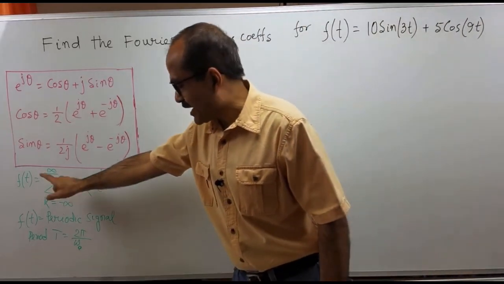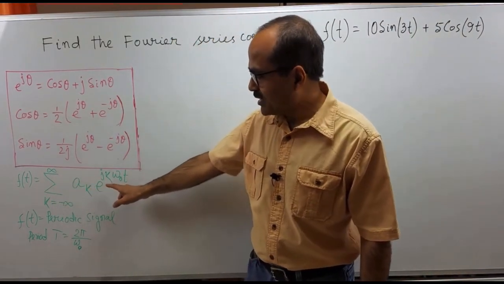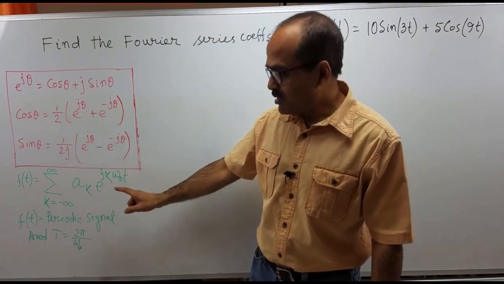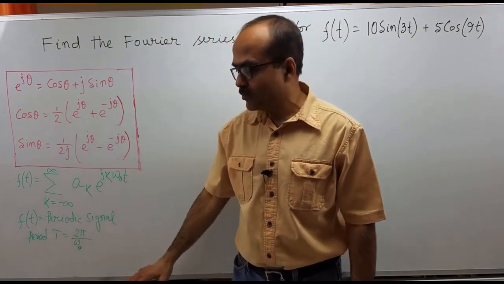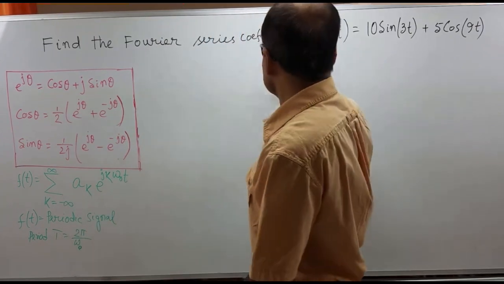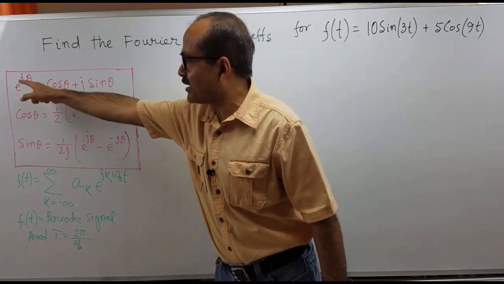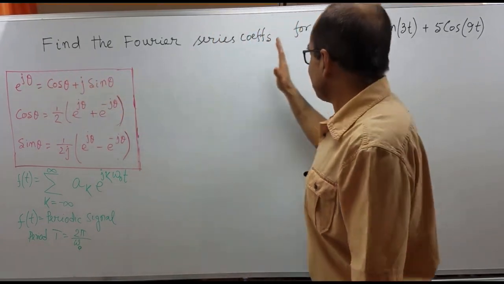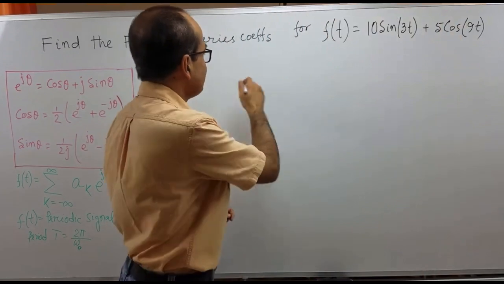Fourier series expansion: summation k equal to minus infinity to plus infinity of a_k e to the power jk omega 0 t, where capital T, the time period, is equal to 2 pi over omega 0. This is the time period of this periodic signal, and we will make use of the Euler formula for expanding this signal. So f(t)